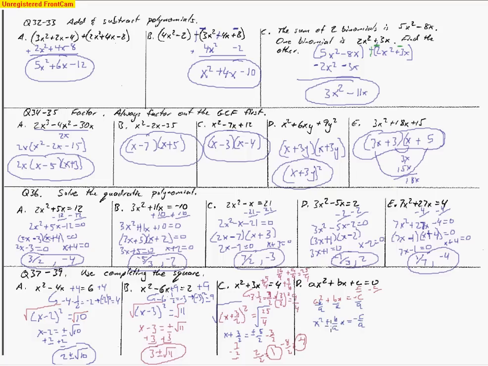And so from that point, we got to take half this b term and square it. So half the b term is going to end up being b over 2a. But I got to square that. So I end up with plus b squared over 4a squared. And so I end up adding that to both sides. B squared over 4a squared. And so when I go ahead and factor that, I end up getting half the b term. So x plus b over 2a,